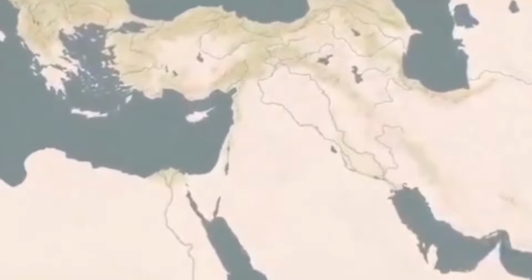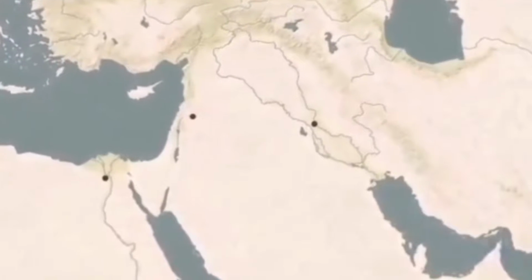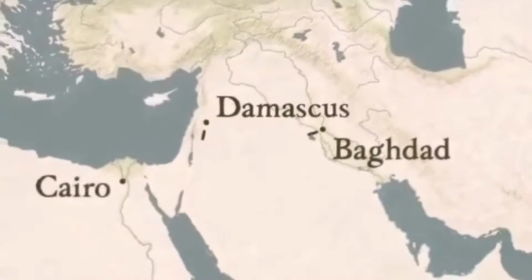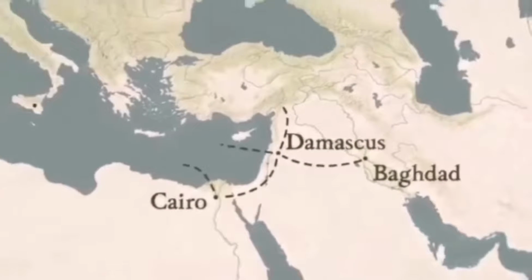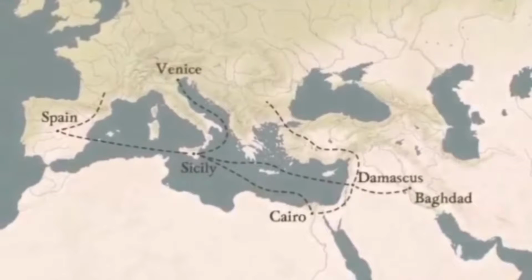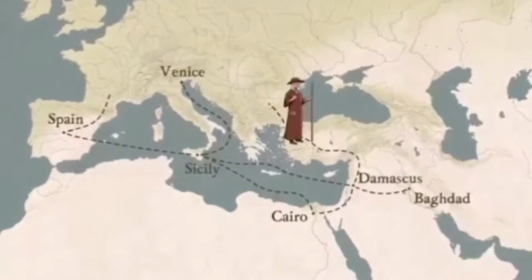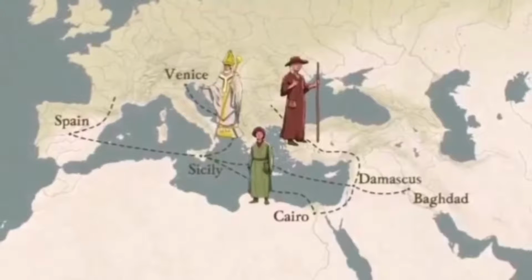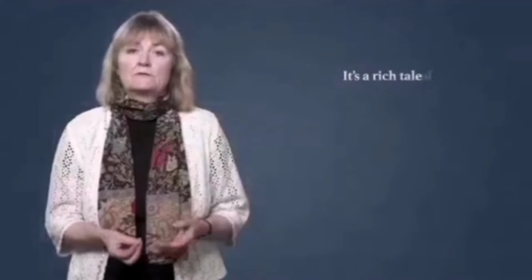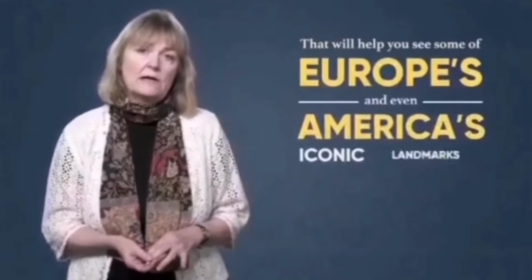We can trace ideas and styles as they passed from vibrant Middle Eastern centers like Damascus, Baghdad, and Cairo, to enter Europe via gateways like Muslim Spain, Sicily, and Venice, through the movement of pilgrims, bishops, merchants, and medieval crusaders. It's a rich tale of cultural exchange that will help you see some of Europe's and even America's iconic landmarks